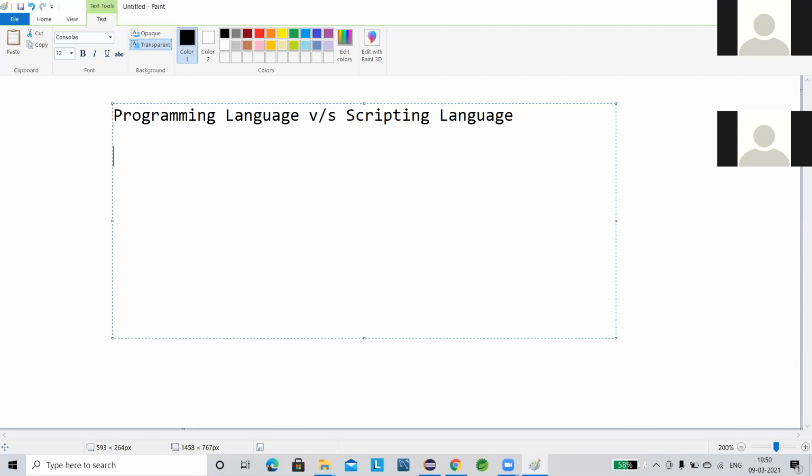Okay, now here I coin one term, that is the interpreter. But before that, one thing I can show you is scripting languages. Scripting languages have three special criteria. One is the shell tools.